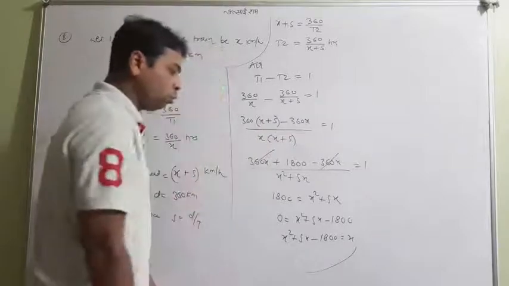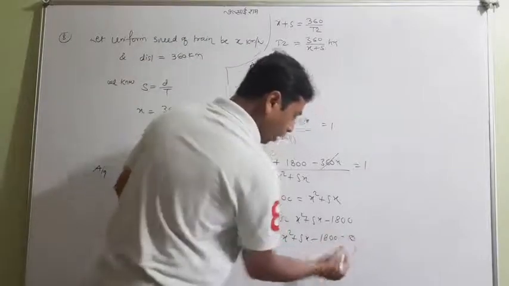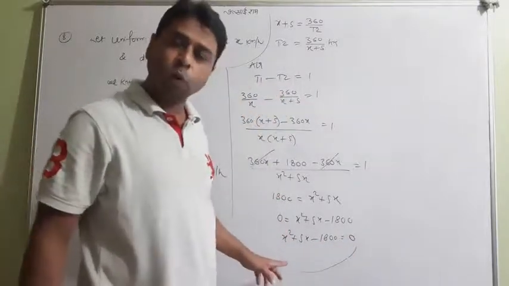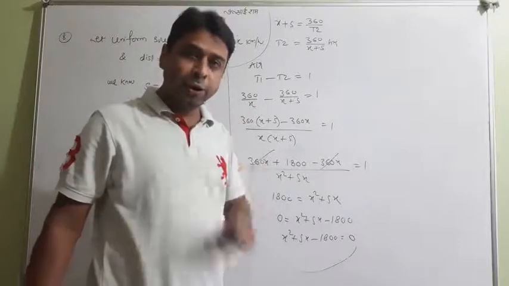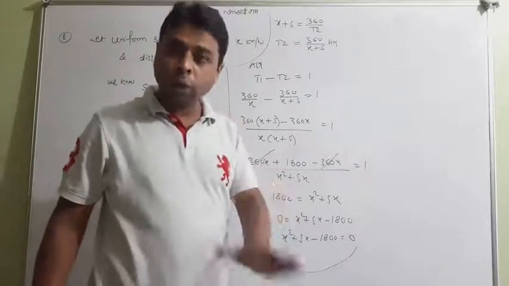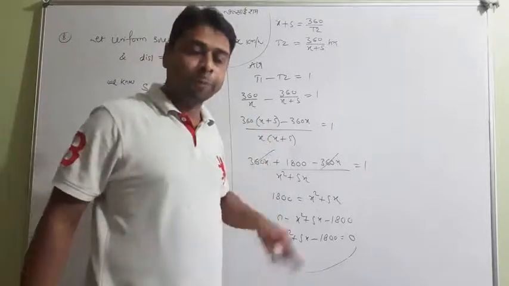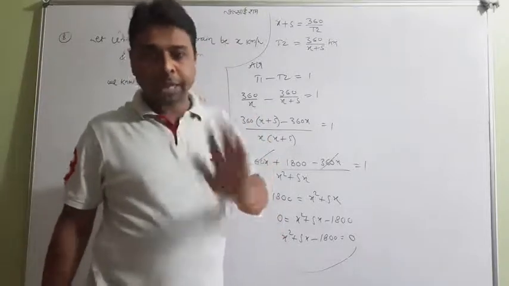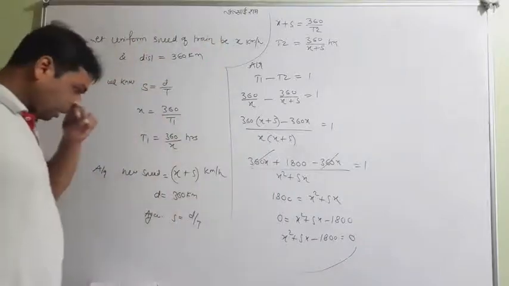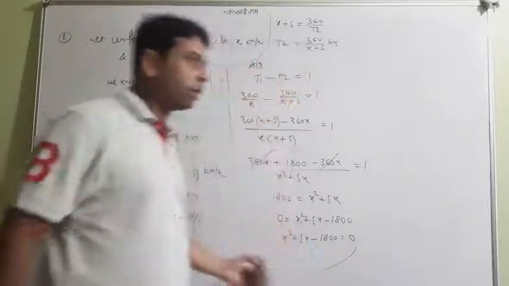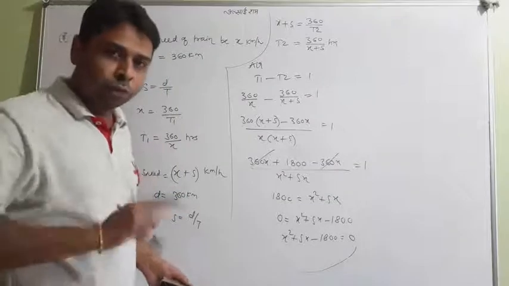Further, you have to solve the equation, because you know the formula method. Get the answer of x. If it is negative, ignore. If it is positive, accept. So this x only is required, because you have to find the usual speed of the train, and that's all. So this was the method. Simple. The problem depended on a single train but two different times.